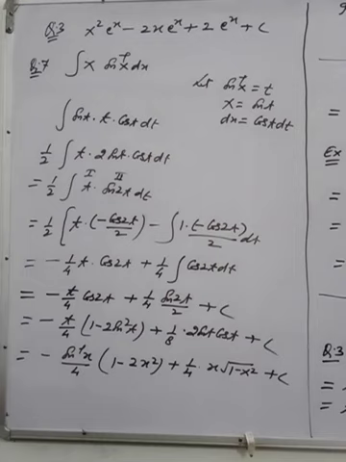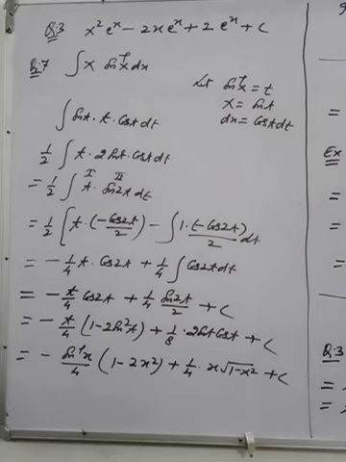Now see one more question, x sin inverse x. By parts, or you can also substitute sin inverse x as t, then x is sin t, and its derivative dx is cos t dt. Now putting here, your question will reduce to the t variable. In place of x you will put sin t, sin inverse x is t, dx is cos t dt. Multiplying and dividing by 2, you will convert it into two functions.